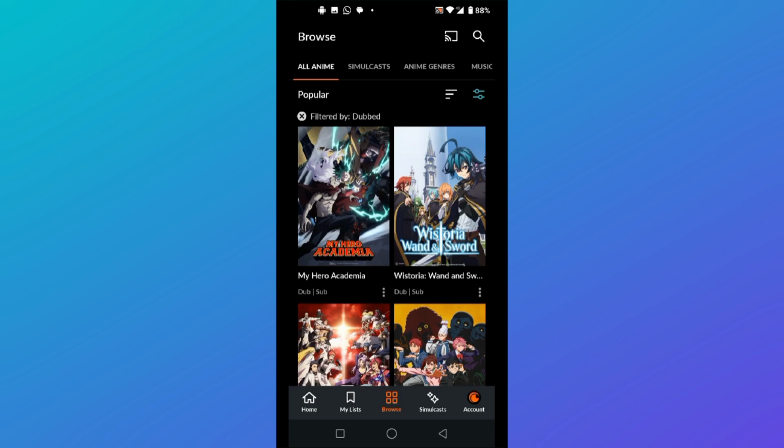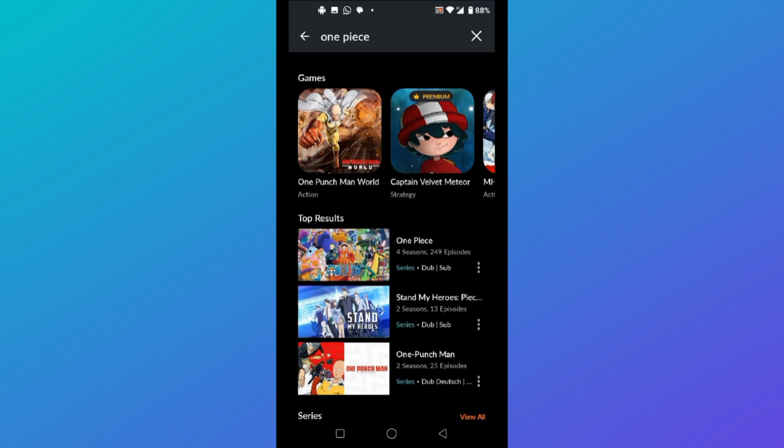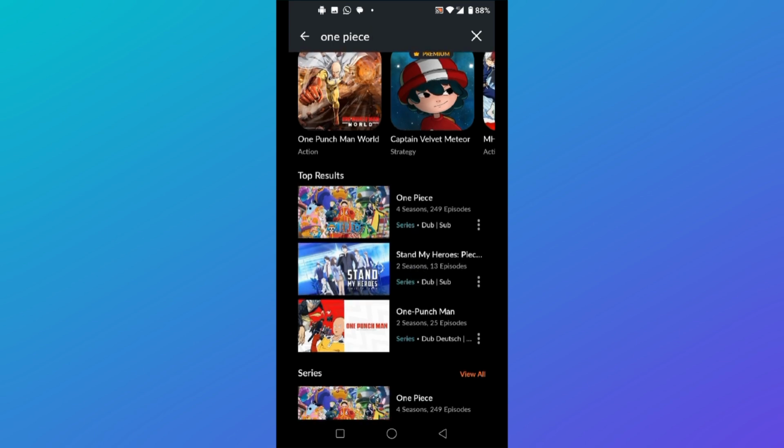And if you want to watch a specific anime in English, click on the search icon and search for the specific anime. For example, if I'm searching for this one, and when you've searched for the anime, you'll be able to see this dubbed and sub option under the seasons and episodes. So that is how you can change your anime to English on Crunchyroll, and you can even search for the